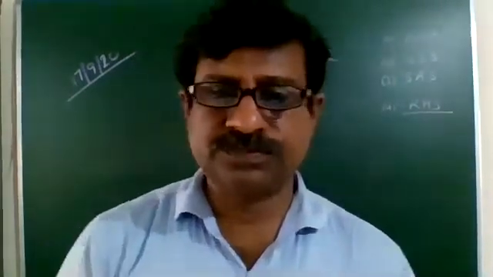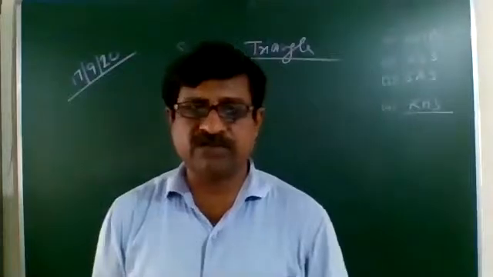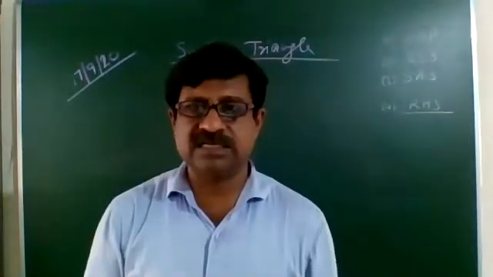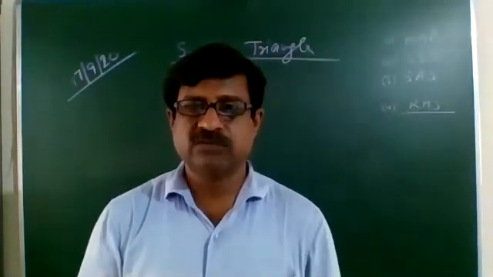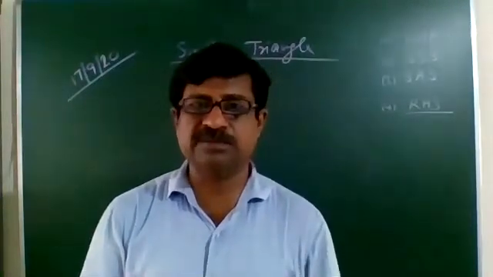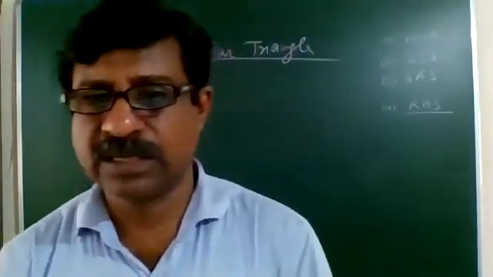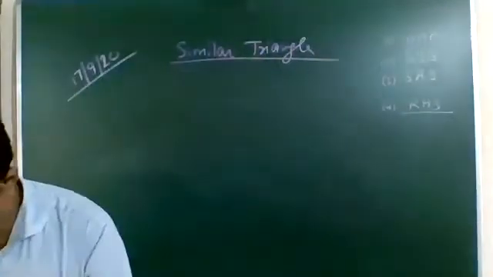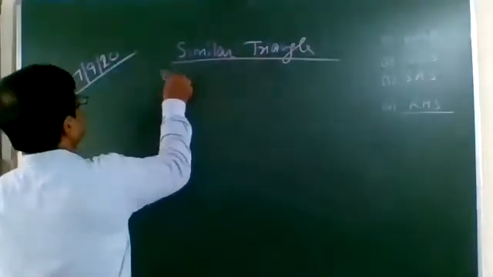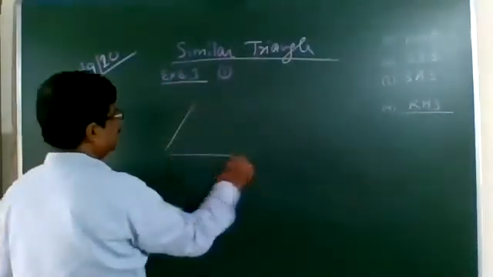Now, what you have to do is this: I'll make some diagrams and you have to find out whether the triangles are similar, and if they are similar, why they are similar, and the name of the triangle which is similar to the given triangle. We are starting exercise 6.3, question number 1, and it has certain parts.